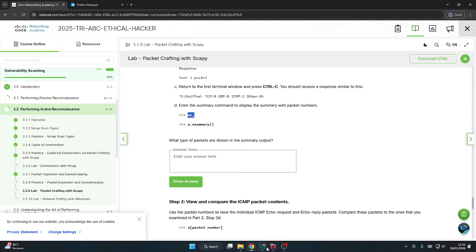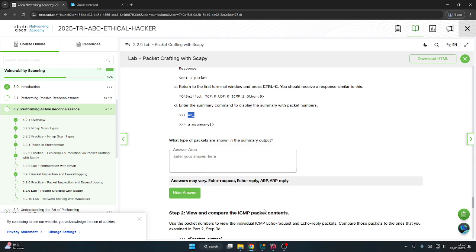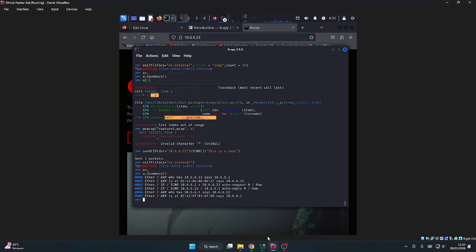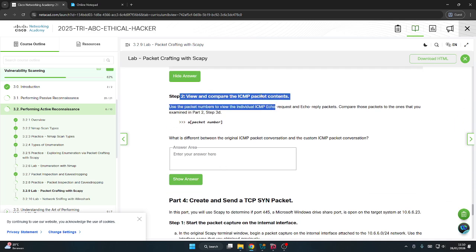What packets are shown in the summary? I don't know. Echo request, echo reply, ARP reply. Step 2 is we will compare the ICMP packet contents and packet number.